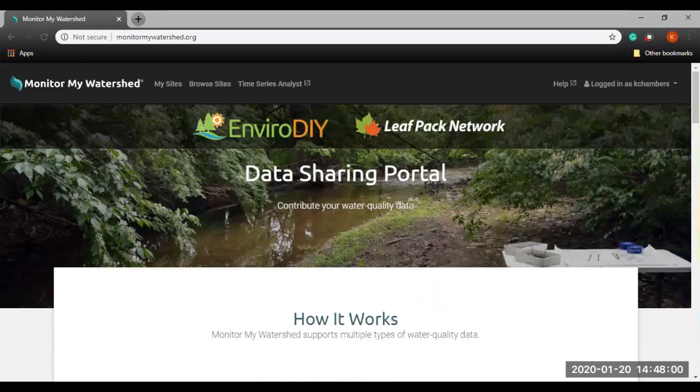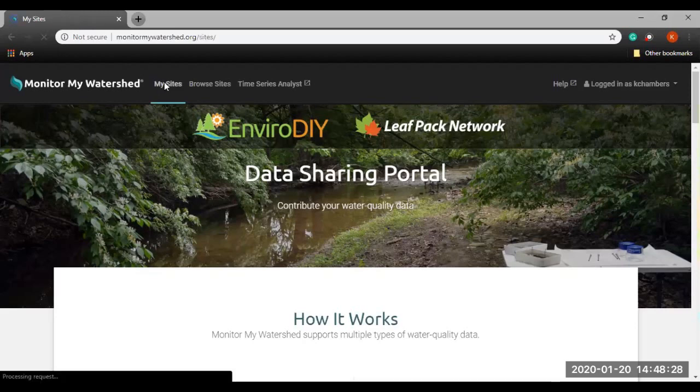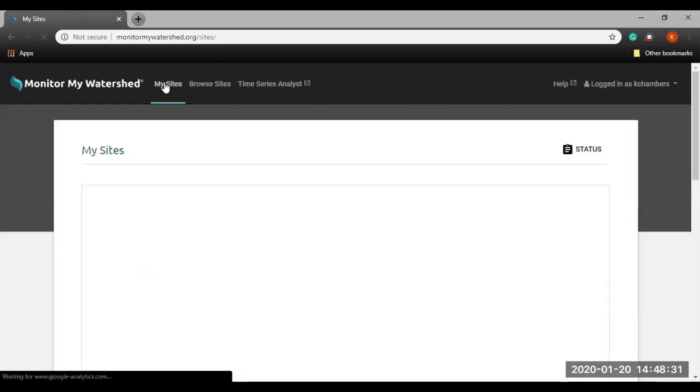So we can then go from there and look into more of what the application itself holds. After you've created your account, the first thing that will pop up is My Sites. So we can click on My Sites. That's up in the top left-hand corner. And when we click on My Sites, it'll bring you to